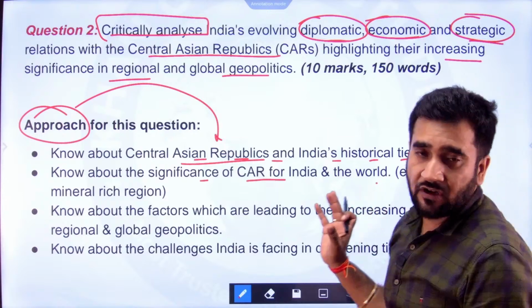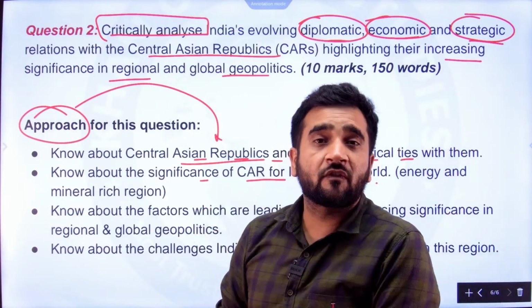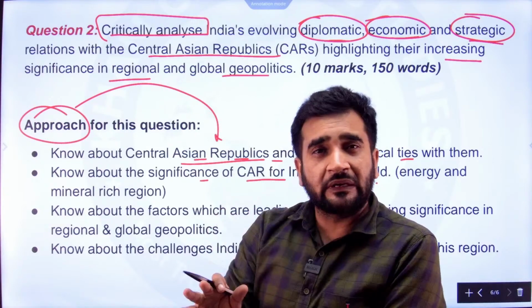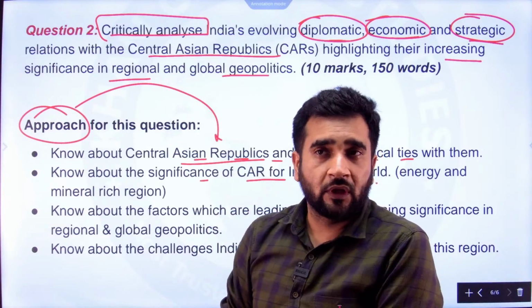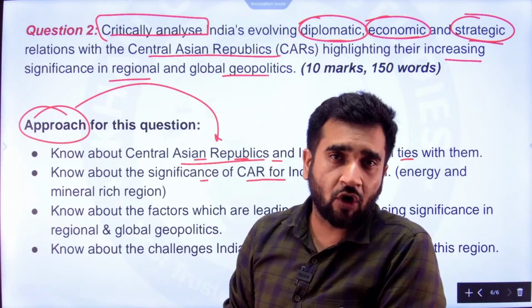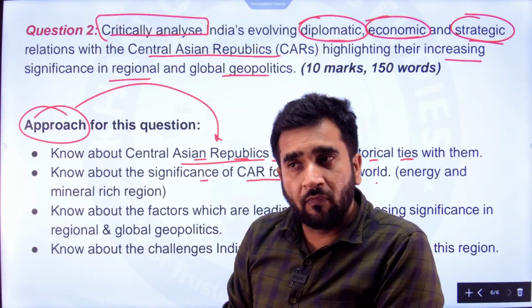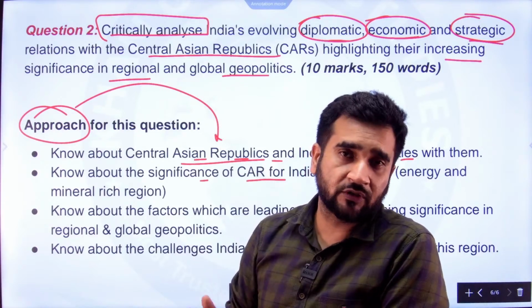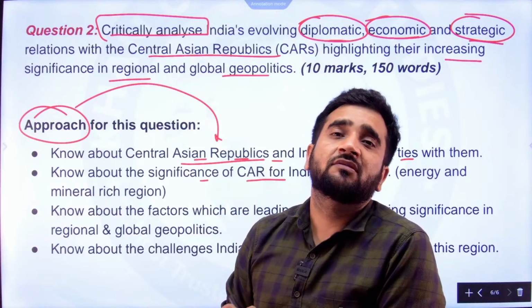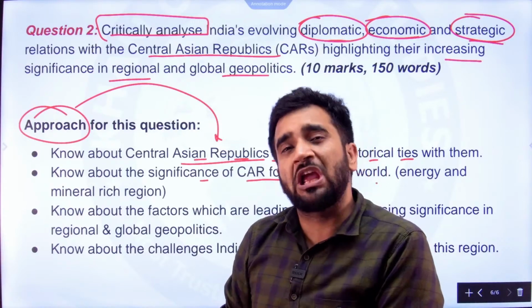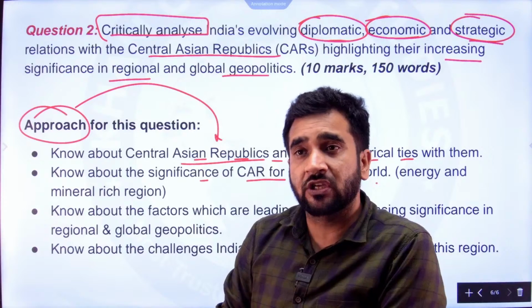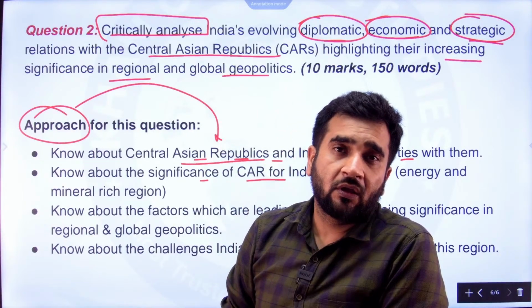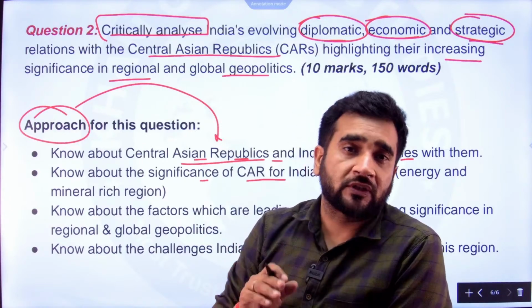Like this Central Asian Republic or Central Asian region is very much energy rich. You talk about any mineral, you will find it over there. Coal, natural gas, oil, minerals like iron ore, steel to it is processed, mica, bauxite, uranium, you name anything, you find it over there. These are such, I would say, blessed regions of the world. So that is their importance.